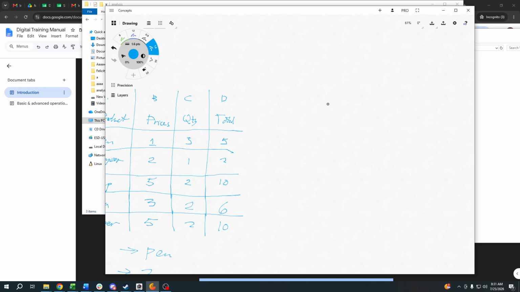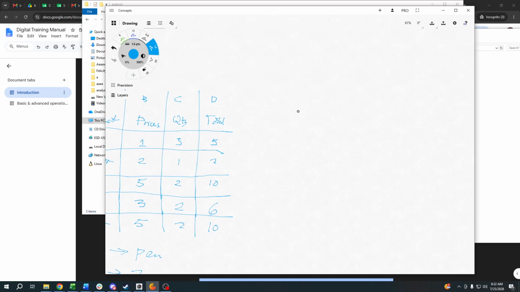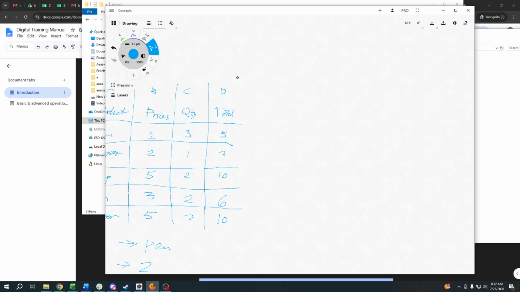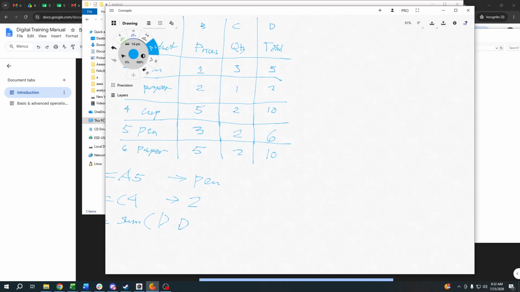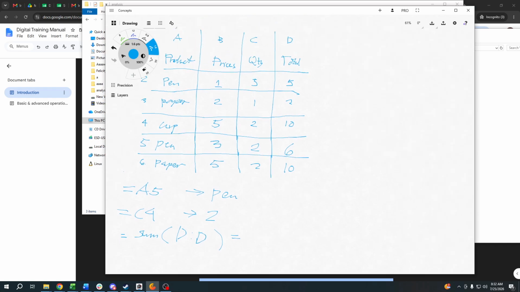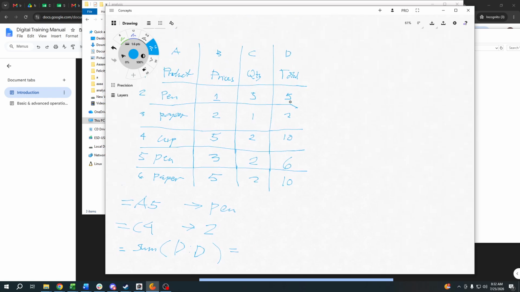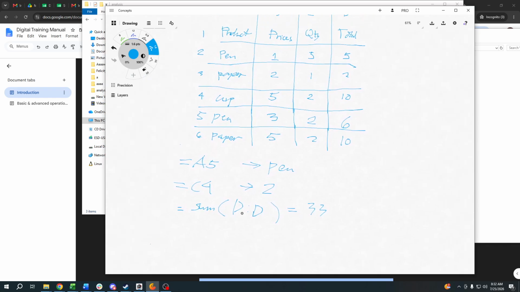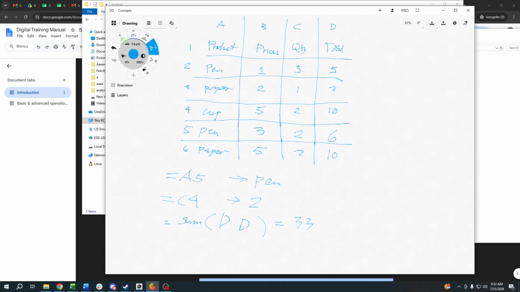An array is a list of characters or numbers or maybe strings. So in column D, all the values in this column are part of the array. So in SUM of D, the total will be 10, 20, 26, 28, 33. So 33.